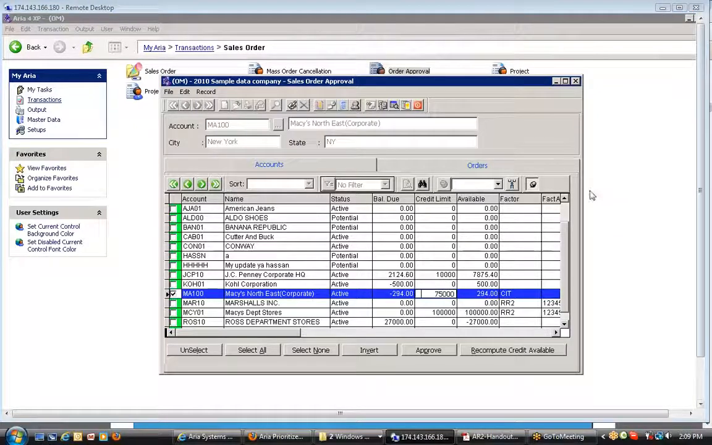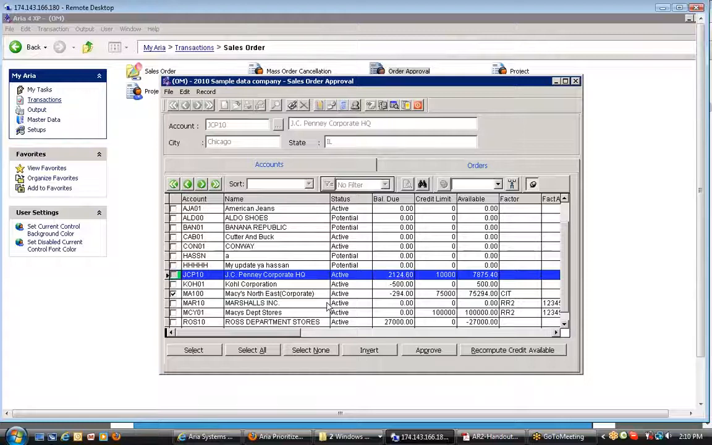What you can do is ask the system to recompute the credit availability. So here, once I click recompute credit availability, the system will simply check the most up-to-date balance. It will check the current credit limit in the customer master, and it will give you the available credit. For instance, JCPenney is debit with 2,124, while he has a credit limit of 10,000. So that means the available credit balance would be